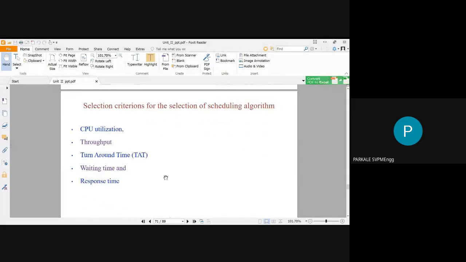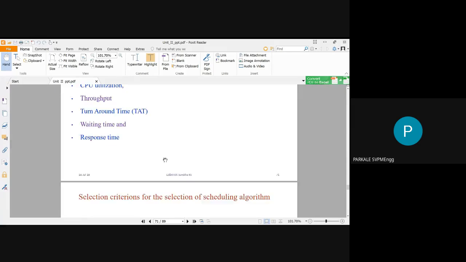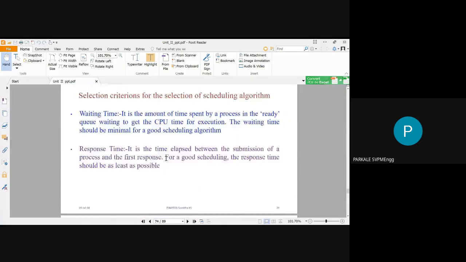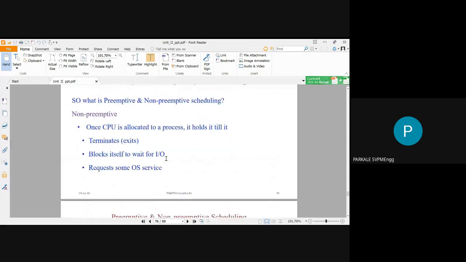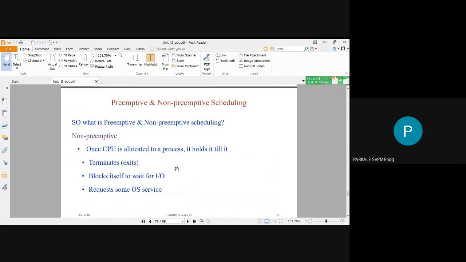Always remember these two. That is very important in terms of your exam, in terms of your orals, in terms of your careers. So we will see these scheduling algorithms one by one. The first scheduling algorithm, that is preemptive type of scheduling, we have already covered, and the second, non-preemptive type of scheduling, we have also covered. So what is preemptive and non-preemptive type of scheduling? Again, I will explain in this slide also.